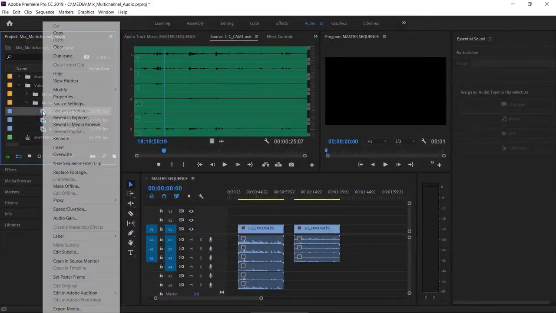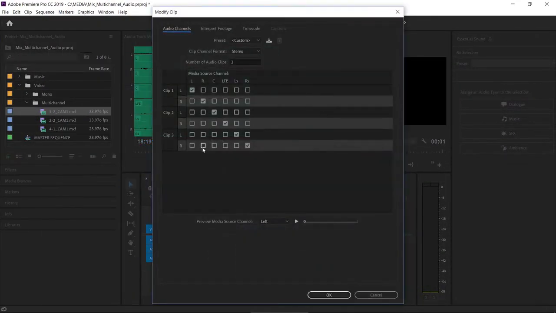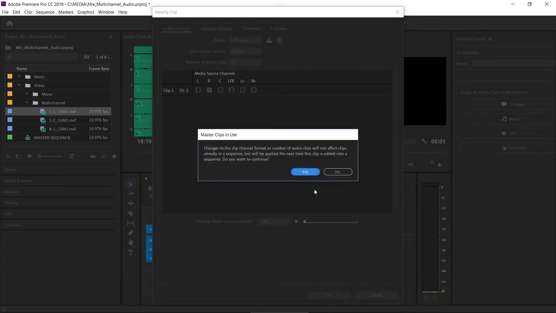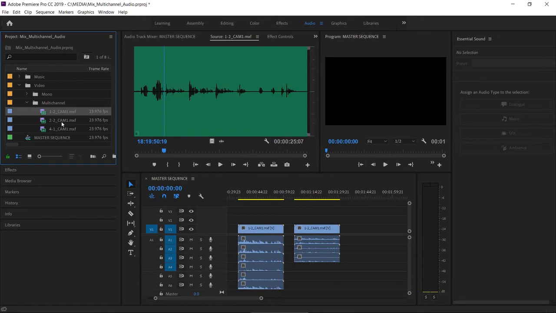I'm actually going to go back into this dialog, right-click, Modify Audio Channels, and I'm going to set the channel format to mono. Notice you can specify presets if you want at the top, and one of these, interestingly, is Use File. That'll just base the settings on the information assigned to the file when it was created. I'm going to set the number of audio clips to 1, click out of the box to apply it, and now I'm just going to take this second channel, which is designated as right here, but again, that doesn't really matter. I'll click OK, say yes on this confirmation dialog, and now when I add this clip to my sequence,